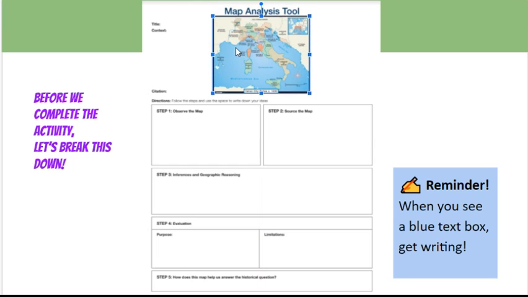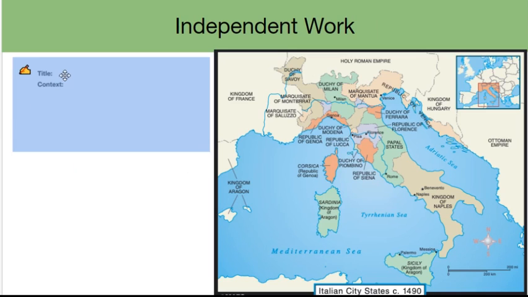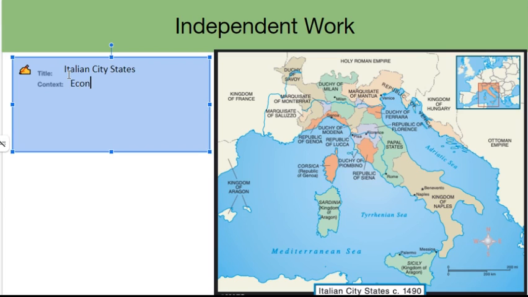Let's see, it says map analysis tool over there. And here we go. So the first thing we're going to do is look at the title. The title says Italian city-states. Okay, now what's the context? Well, we've been learning about the city-states. We also know that these are economic trade maps between